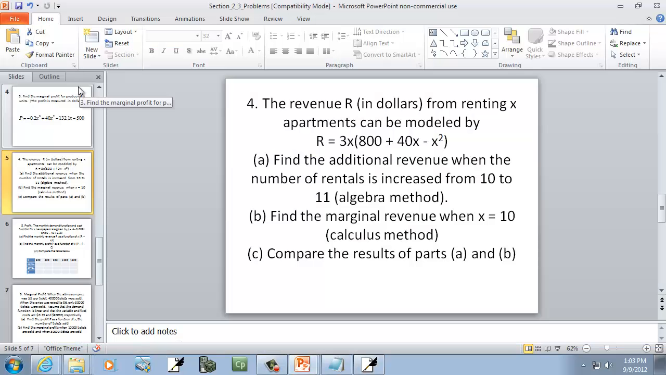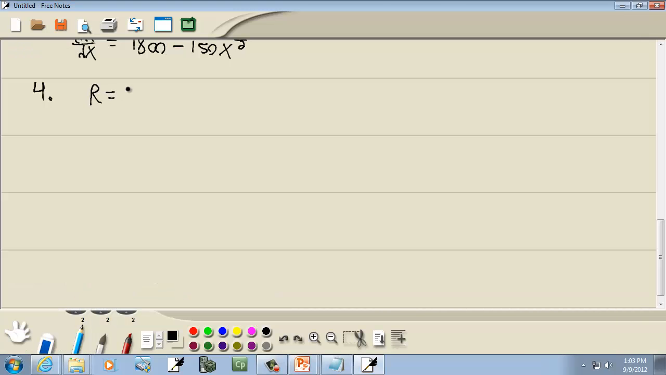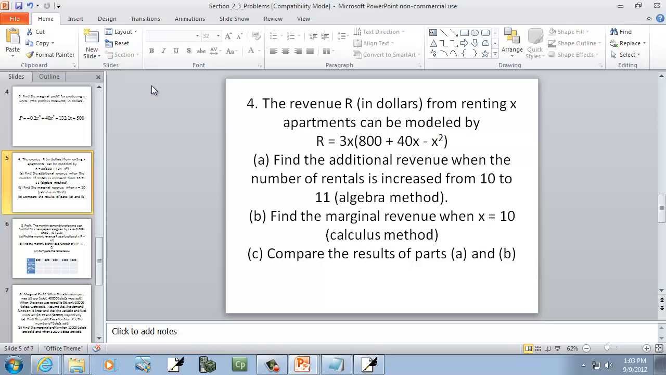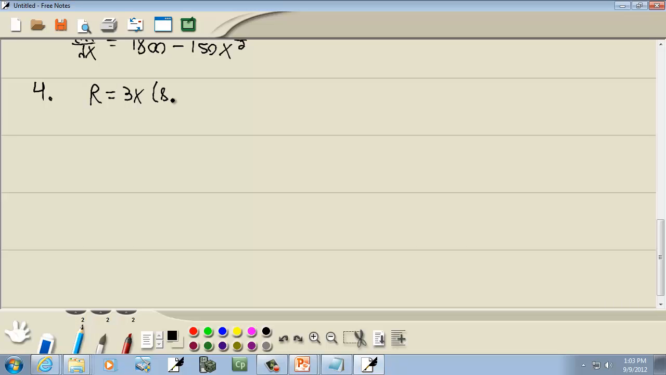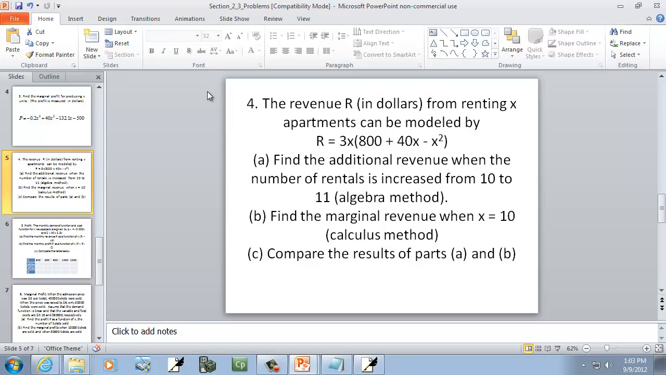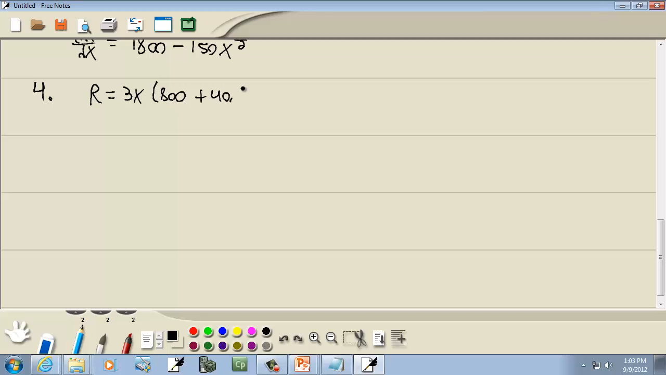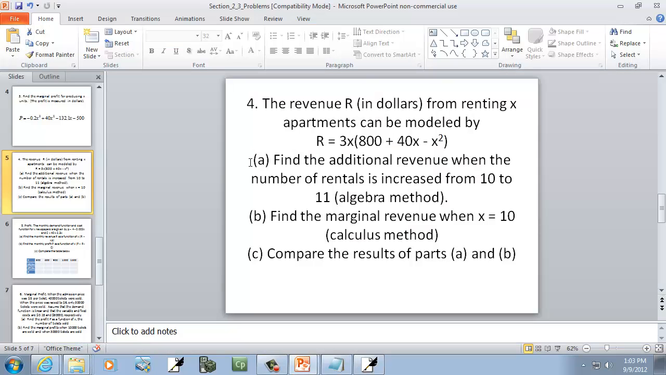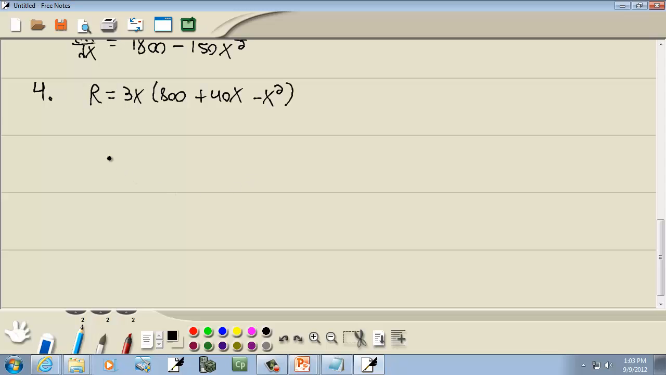It says the revenue R in dollars from renting x apartments can be modeled by R is equal to 3x times 800 plus 40x minus x squared. And it says find additional revenue when number of rentals increase from 10 to 11. Well,